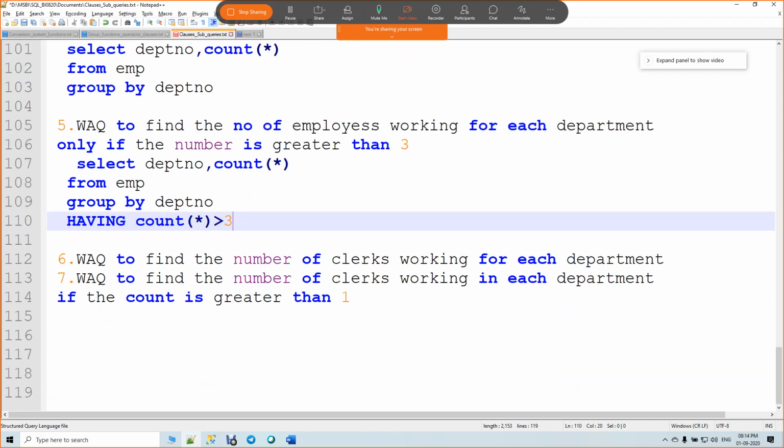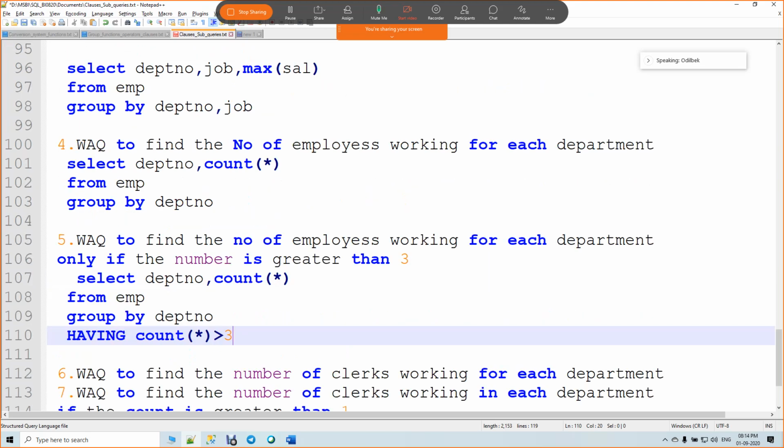Write a query to find the number of clerks working for each department. Yeah. Hello. Yeah, I didn't understand, when you give the homework like 4 and 5, where is the number of? I understood it as employees working for each department.